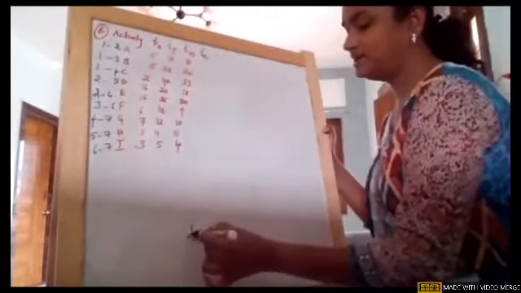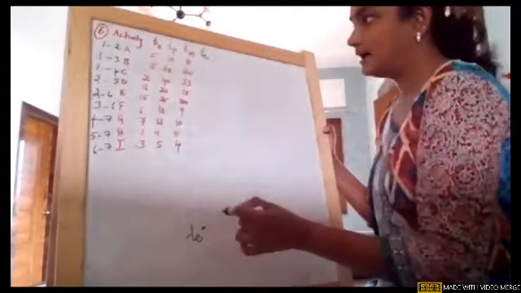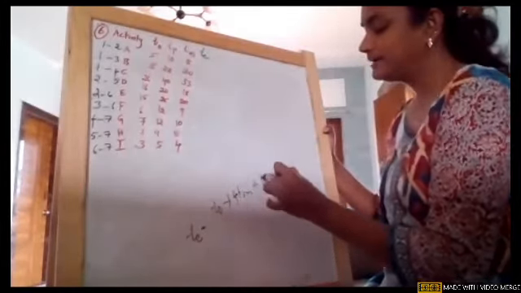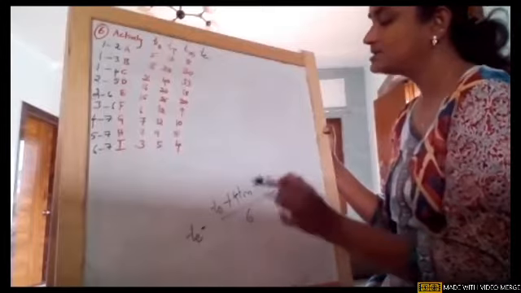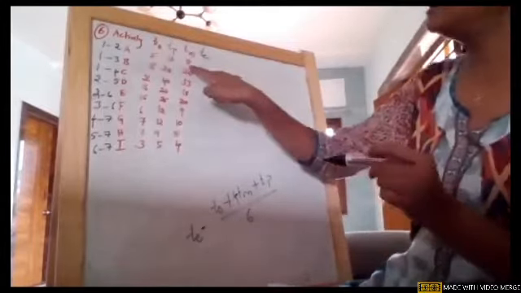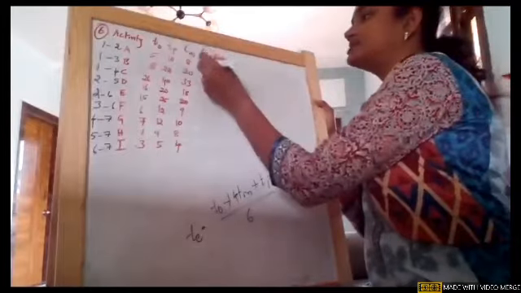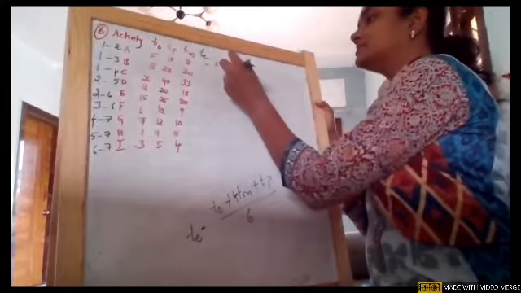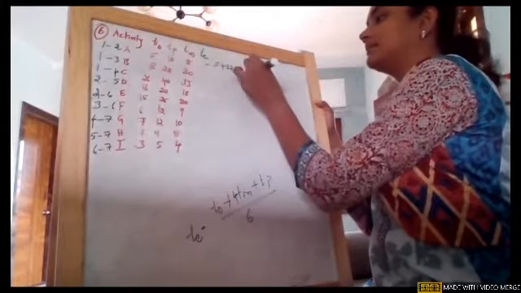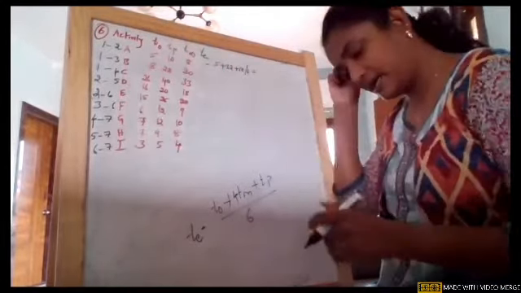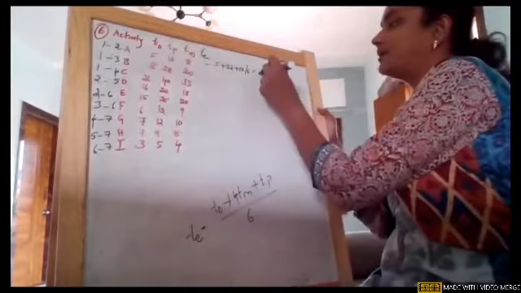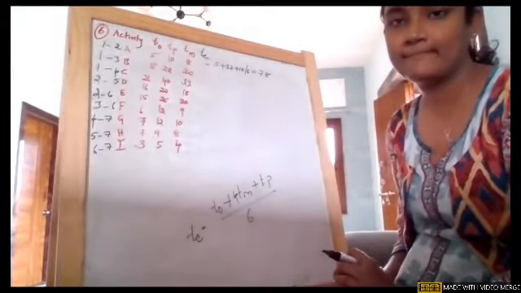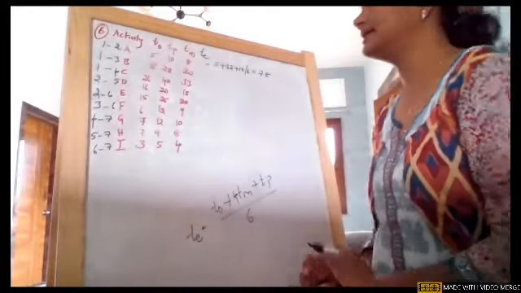So the formula for TE, if you remember, again I'm writing it: TO plus 4TM plus TP divided by 6. So 4 8s are 32. For the first one, I'm just writing it: 5 plus 32 plus 10 divided by 6. So what did we get? It is 7.8. Any doubt? I'm just using the formula and calculating.